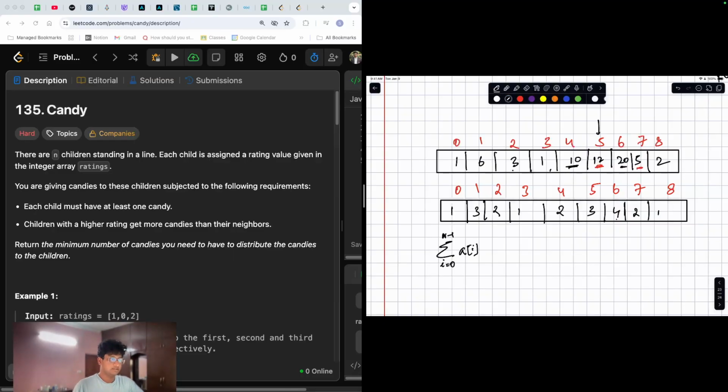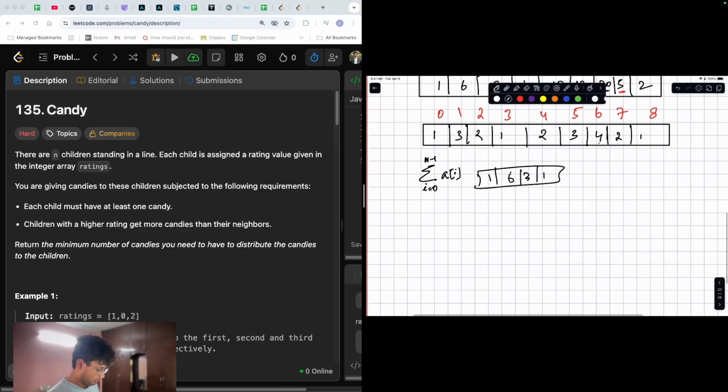By that, what I mean is, you have 3, which is lesser than 6 but greater than 1. Initially, only for these four elements, 1, 6, 3 and 1,